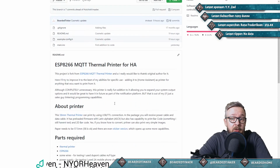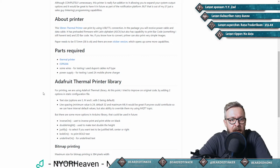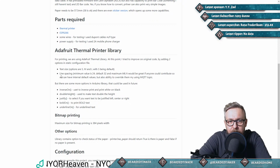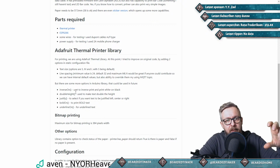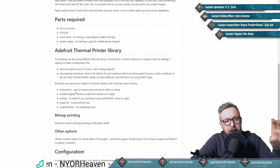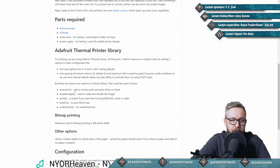So yeah, the general idea is to see if anybody will like this project and if anybody will also help with the things that we can do here. Some of the things, as I said, this is the type I'm already working on. It's currently working, but there are all the other options here that you can add. You can inverse the text, so you can print white text on a black background. You can double the height of the words. You can justify the text to the left, center, or right. You can print bold, underlined text, things like that. You can print barcodes. You can also print bitmaps, but it requires a little bit of fiddling, so